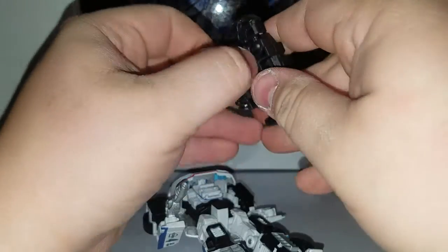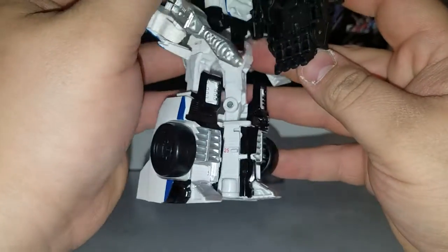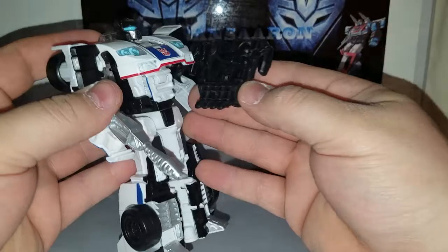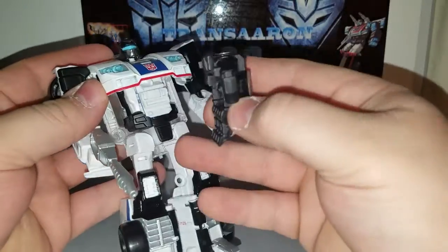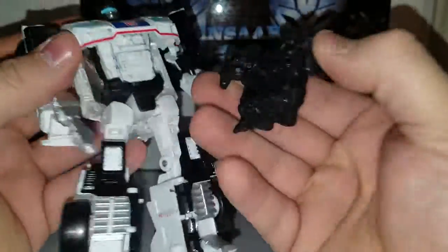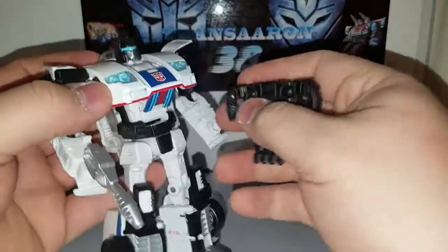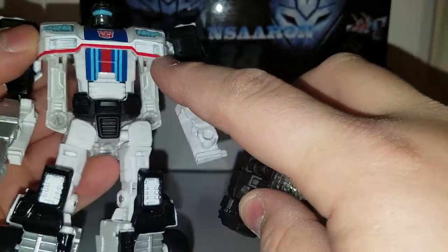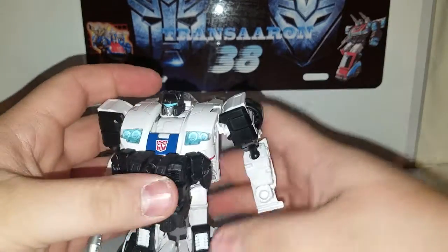Oh, almost forgot. Come on. Oh, I was doing it wrong. Totally doing it wrong. There's these little tabs right here. I totally forgot. The Dinobots are different than the other one. Leave this up. Pardon me, fellas. I just got these figures today. These little black tabs right here will go into these slots right here and here. Not a secure thing going on there, but